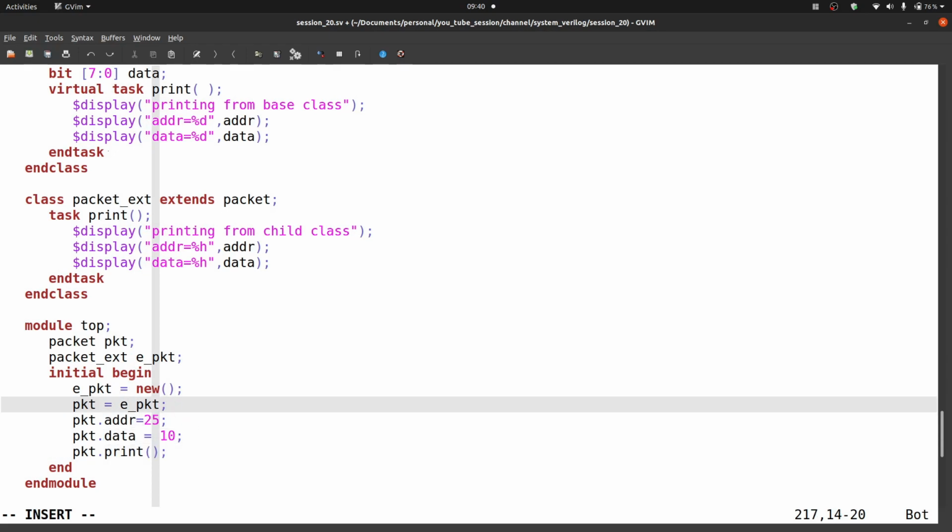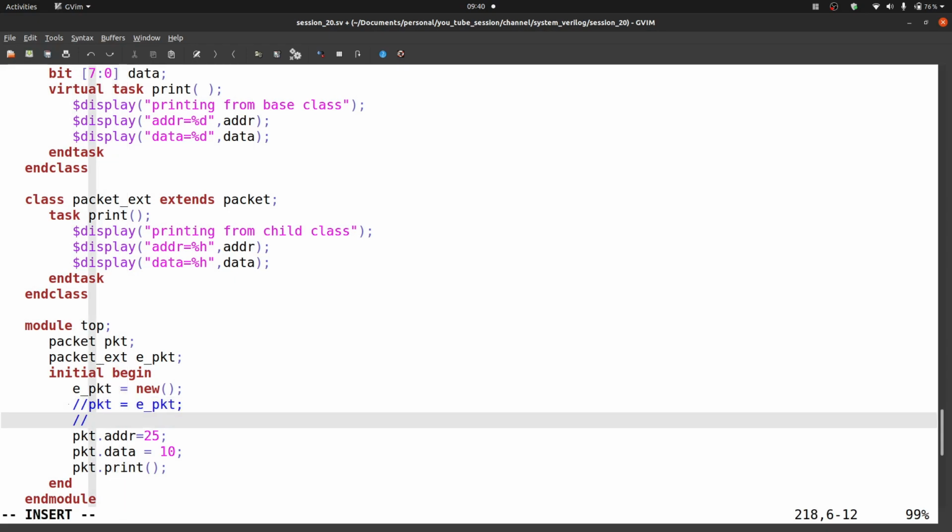For now what we are doing, we are equating pkt is equal to epkt. What happens if I write it like that, epkt is equal to pkt? So that is wrong actually,